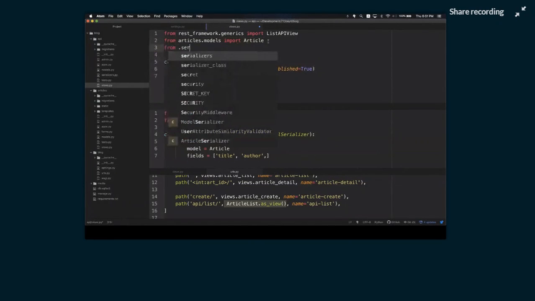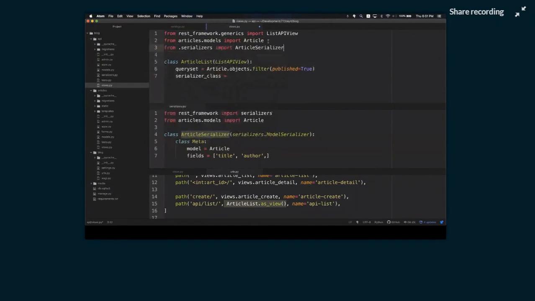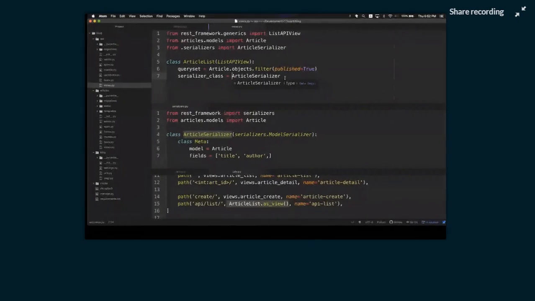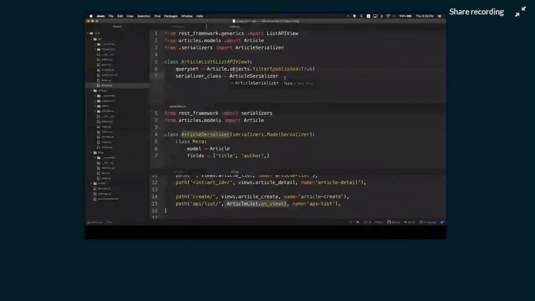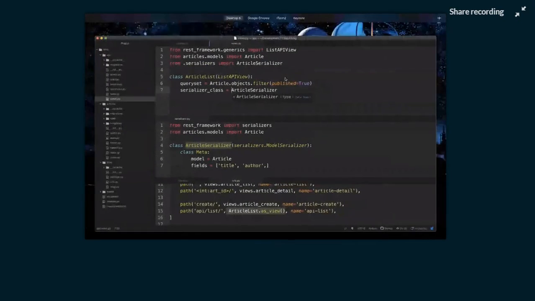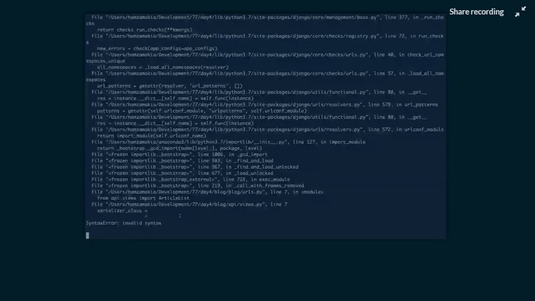I'm going to say from .serializers, import article serializer. An article serializer, okay? Cool? All right. Let's see how this works. If I refresh,